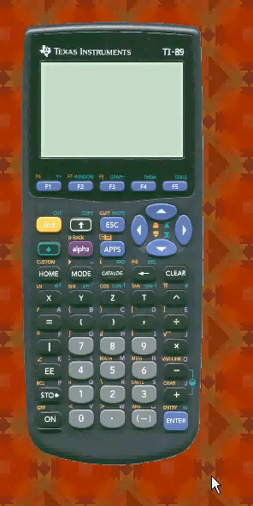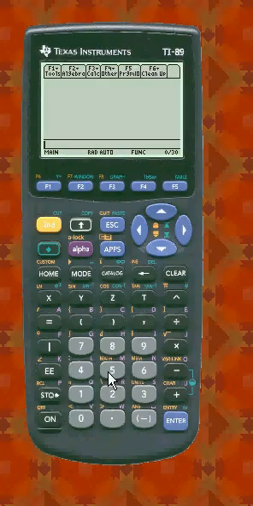Okay, here we're going to conduct some row operations on a matrix and show how to row reduce a matrix with individual row operations on the TI-89. So first, I've already stored a matrix and named it the letter A. You can see it right here. It's a 3x4 matrix, and we're going to use the three basic row operations to row reduce this a little